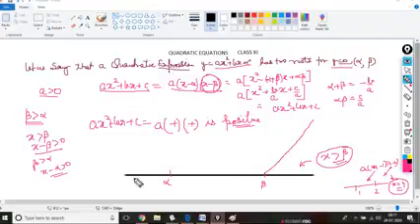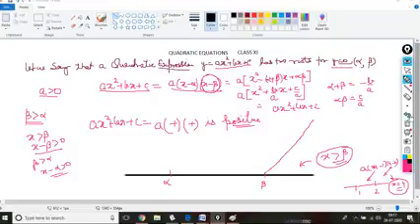At beta, clearly the expression is 0, because when you put beta, this becomes 0. Are you understanding? When x is greater than beta, x minus beta is positive, x minus alpha is positive, a is positive, so the expression is positive. When x is beta, this is 0, this is something positive, this is something positive. So it is 0 into positive into positive, so that is 0.